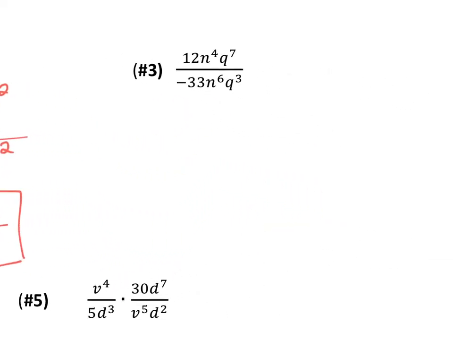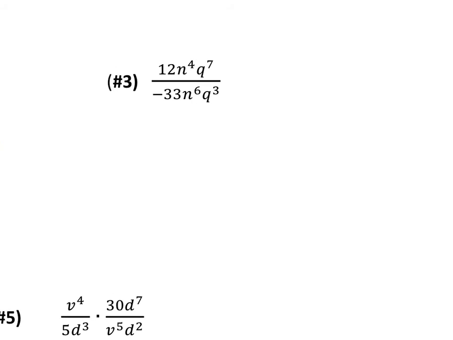Number 3, I like to break these into different parts. So I like to look at it as, what are the coefficients? Right here we have 12 over 33. Can we reduce those at all? 12 over 33, these both can be divided by 3. So this would become 4 over -11. Okay. Then we have